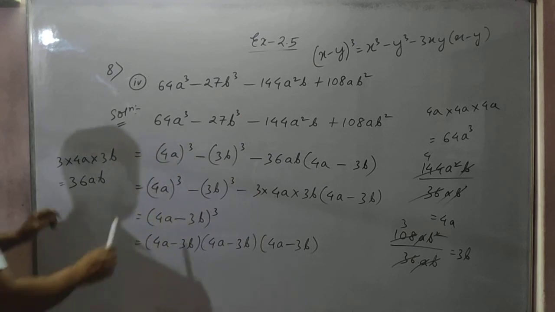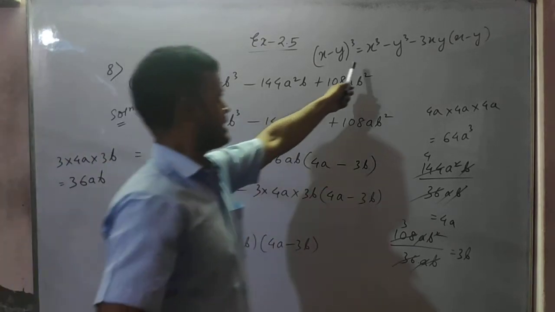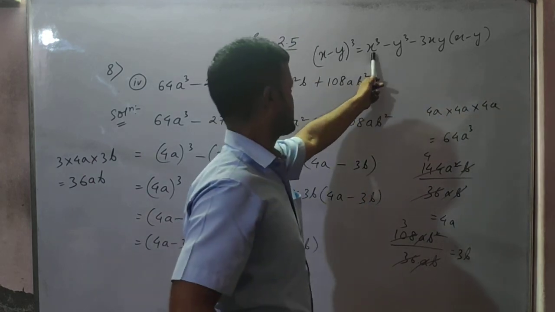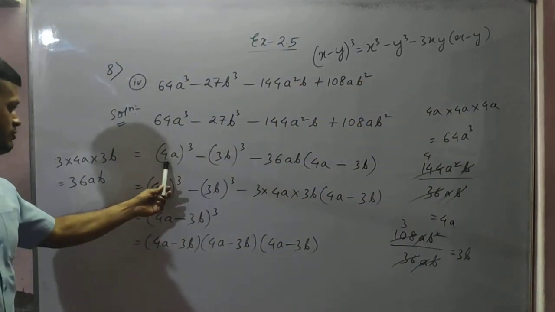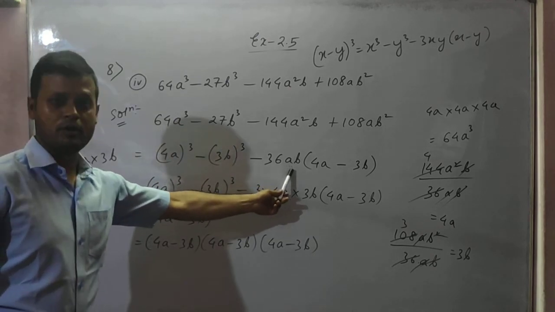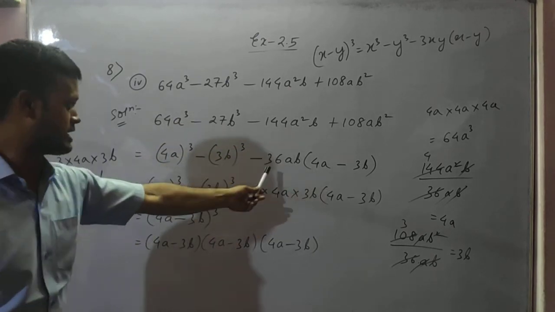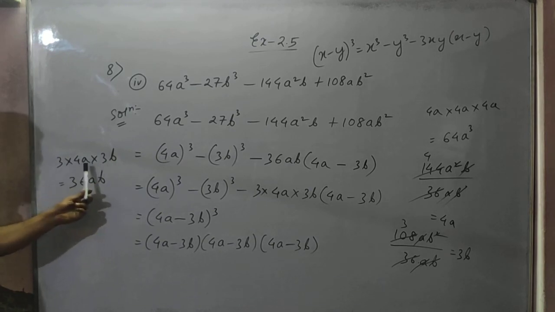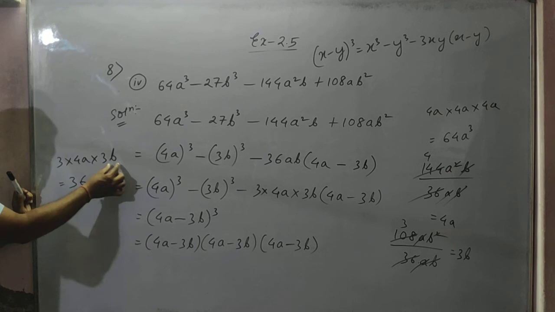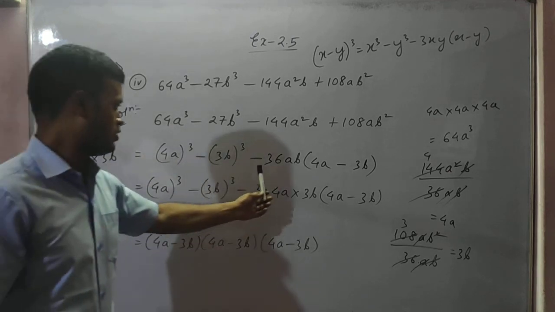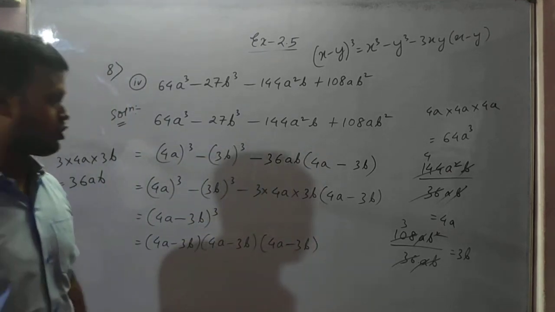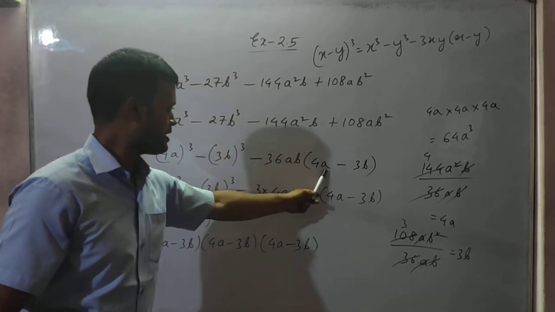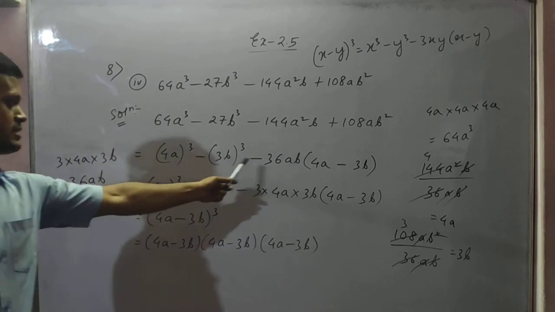So here what is x? x cube minus y cube, minus 3xy is taken common. Inside the bracket you will get x minus y. So what is x here? 4a. Once you take minus 3xy common, this is minus 3xy, isn't it? I multiply, so you see 3 into 4a into 3b. So 3 into x into y. Here 4a means x and 3b means y. So 36ab I took common. So automatically inside the bracket, first I will get 4a from here, and next I will get minus, what will I get?